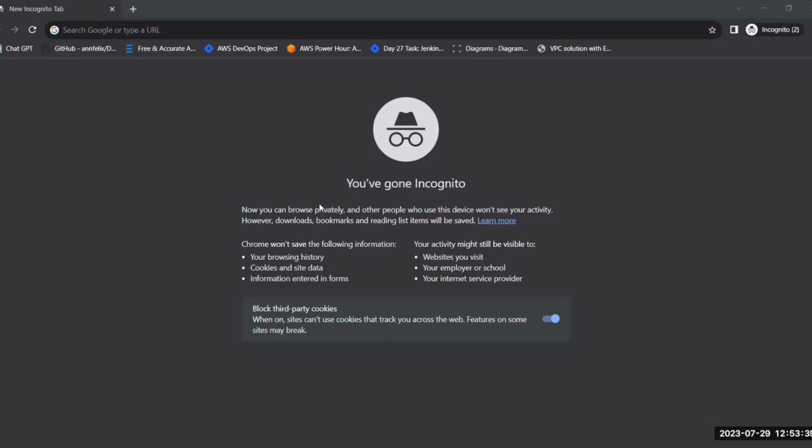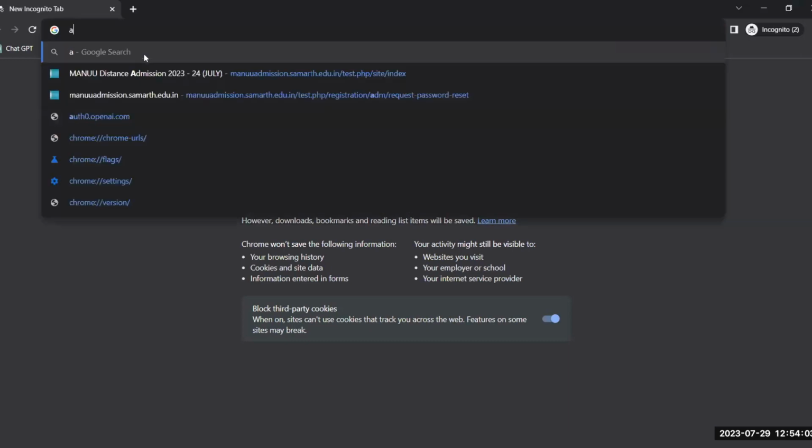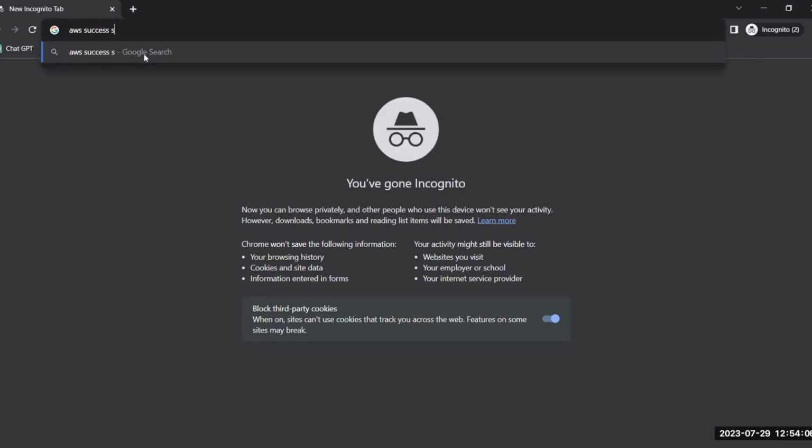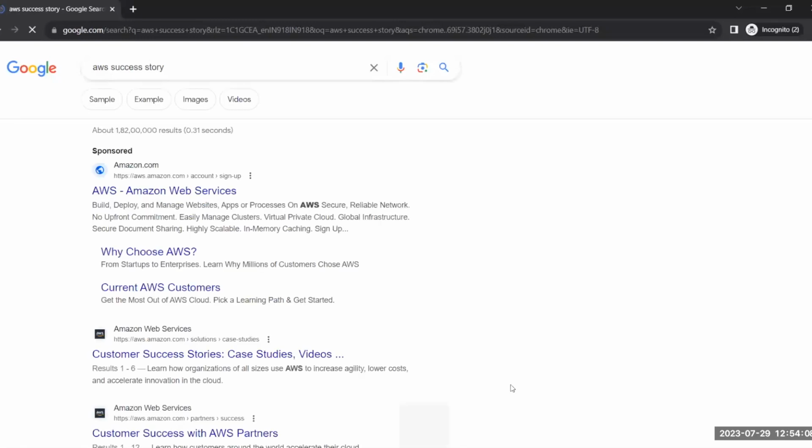Okay, success story is the story of an AWS client. A customer who got success using infrastructure. A success story is like feedback from a customer who uses AWS services and how it benefited them. Yes, correct. So I'll type in AWS success story. We can make a project now. So look, first let me give you this.